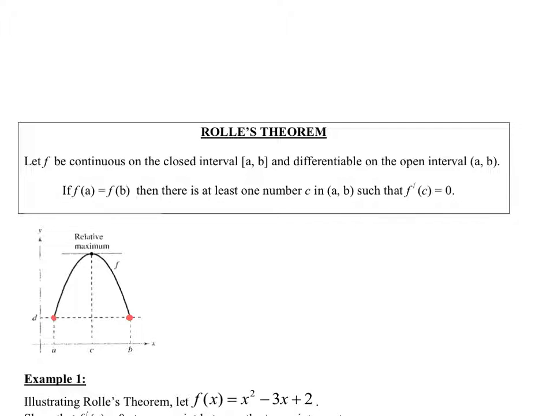Okay? Because either you never change direction and you just stay at 0 the whole time, or if you change the value, you've got to change direction somewhere in there to get back down to the original value. Okay? If you start going up, you've got to change and come back down. If you start by going down, you've got to change direction and come back up. And every time you change direction, the derivative is 0. Okay? That's kind of a very informal proof. Wouldn't even really call it a proof, but that's the idea. Okay? So,